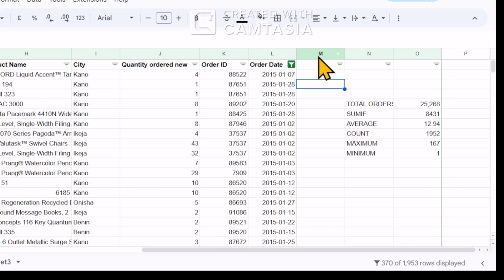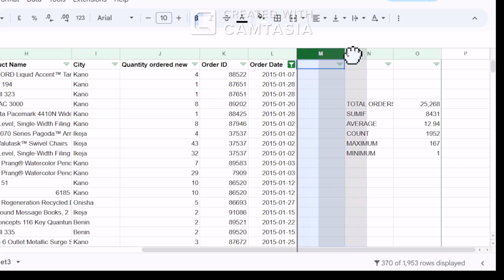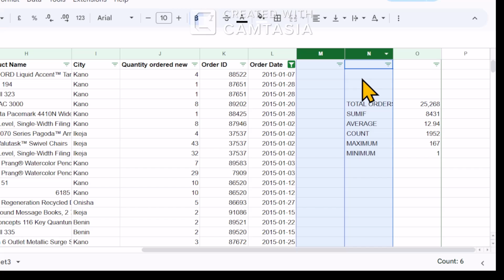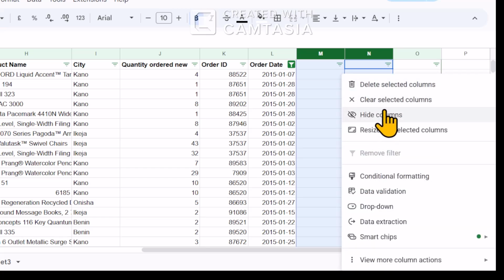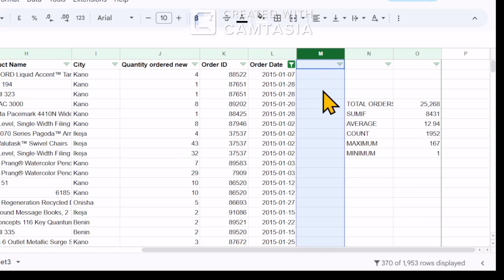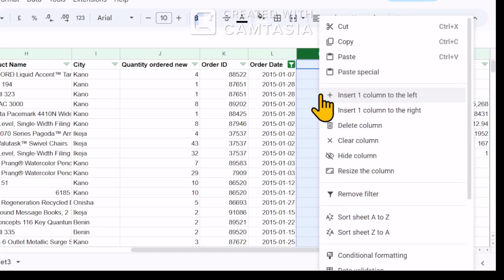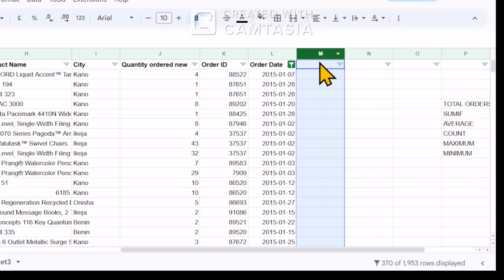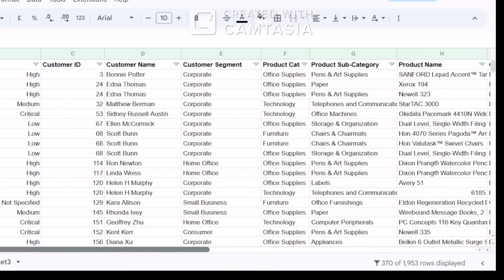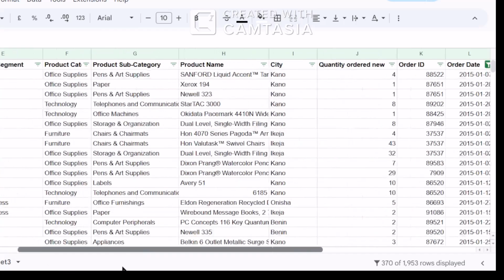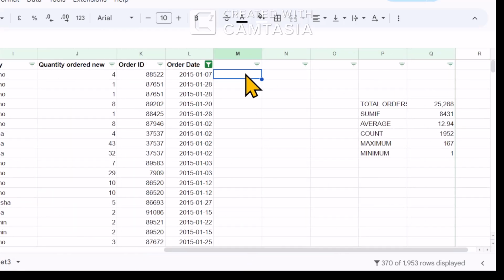To start with, I'll want to add 2 extra columns. Let me add this first. Insert column and insert another column. So I have 2 extra columns. If you look at my data, you realize that there is no price. So that brings us to